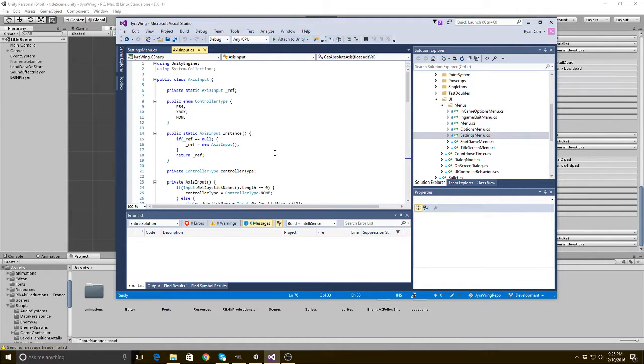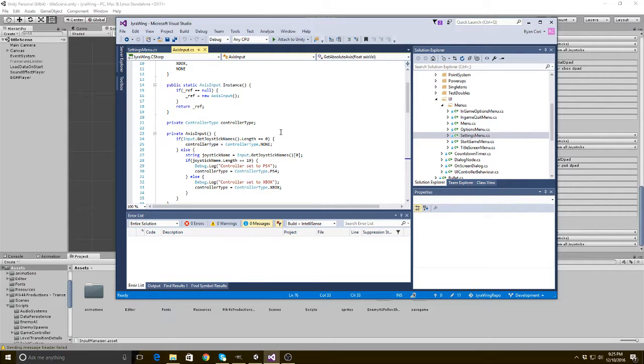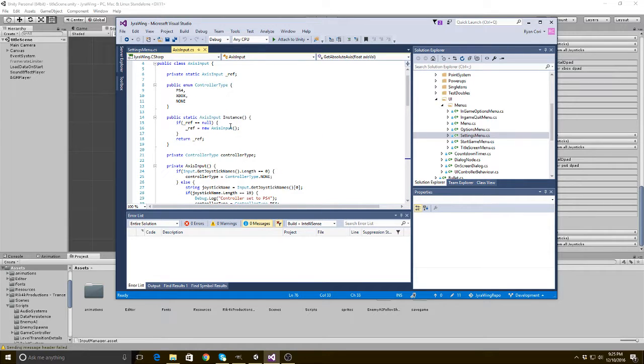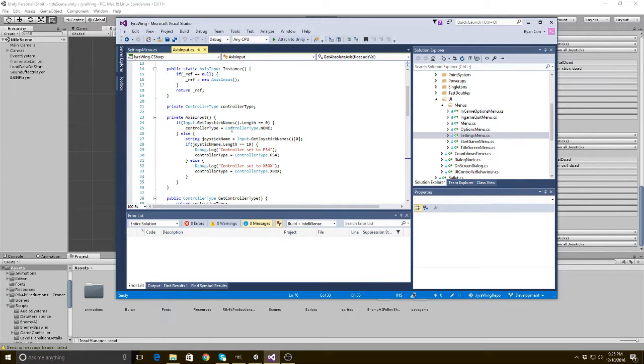So I made this little extra thing called Axis Input, and when the game starts up, it will make the singleton and it will figure out if you have a controller plugged in at all, and if so, do you have an Xbox controller or do you have a PS4 controller? Really, what it figures out is if you have a PS4 controller. If you don't, it assumes you have an Xbox controller. If you've got some crazy off of eBay USB GameCube thing that not many people use, that doesn't have a lot of circulation,